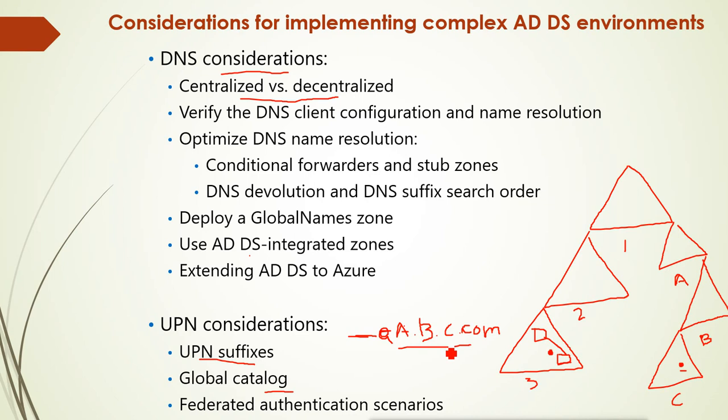Now what we can do is create a simple UPN suffix for the users of this child domain, so that they don't have to use a long name or suffix like 3.2.1. Even if you want to log in here, you don't have to give the domain name every time, but when trying to log in to another domain, you have to give the proper UPN suffix. So the users who go everywhere don't have to carry the long UPN suffix. We can create a separate UPN suffix for them.